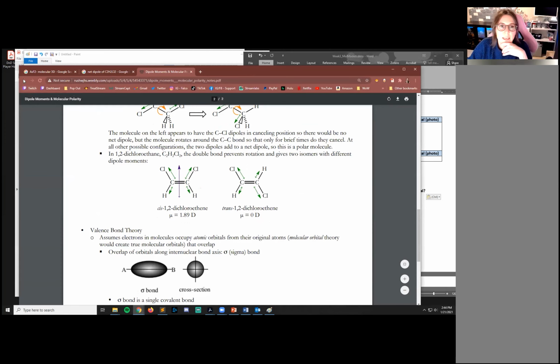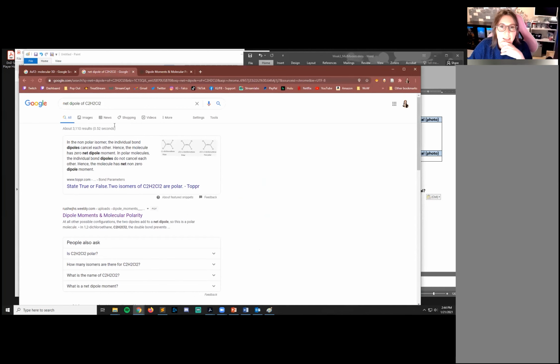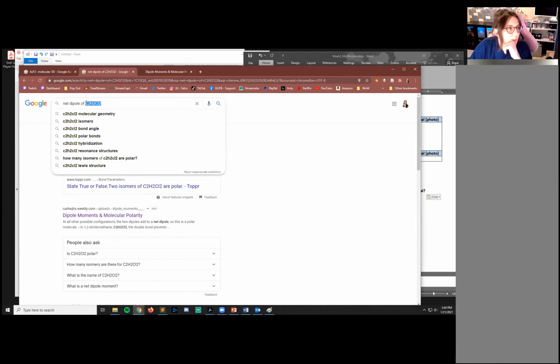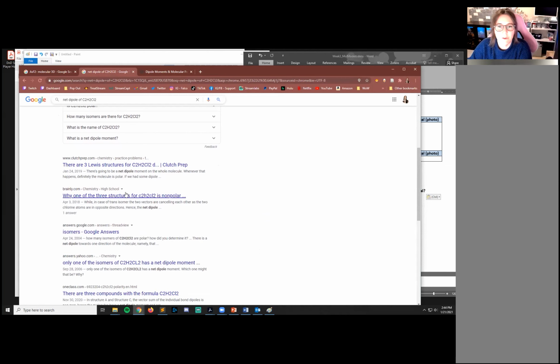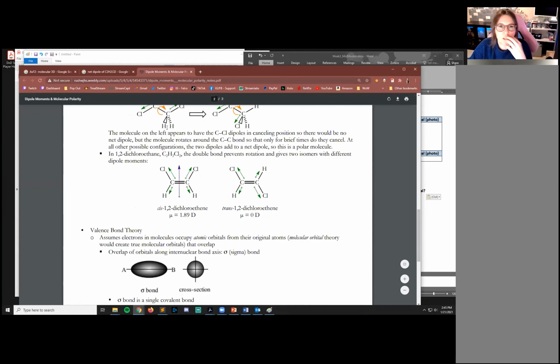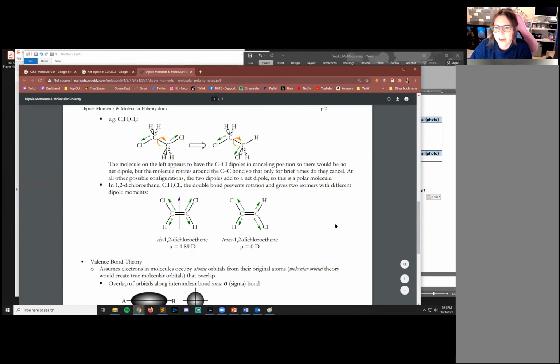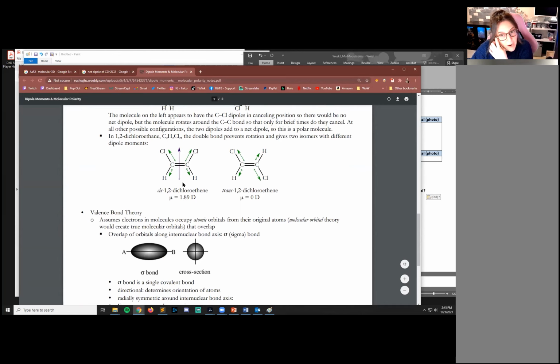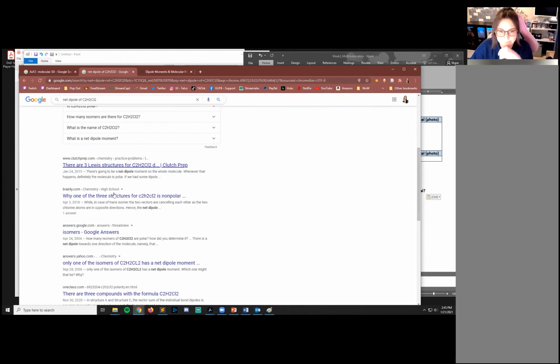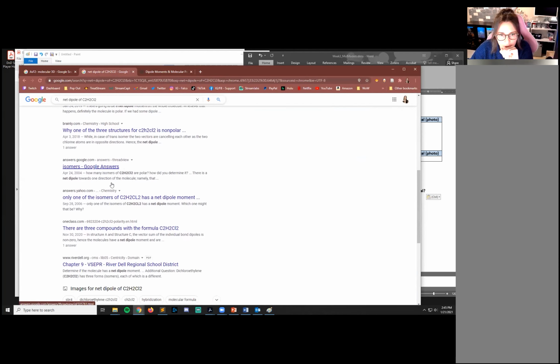I just randomly Googled net dipole of, and then the molecular formula. It's probably in your textbook also. There's lots of references out there that are going to have this information. This is just some high school or college website, and I scrolled down to see them talking about it. And these are the values you can find in references. So if you looked these up on something that's a little bit more proper,